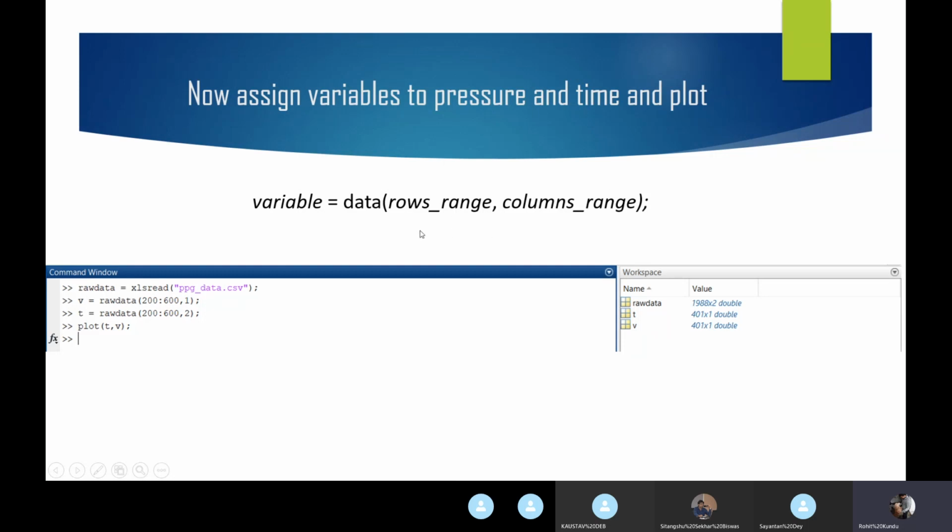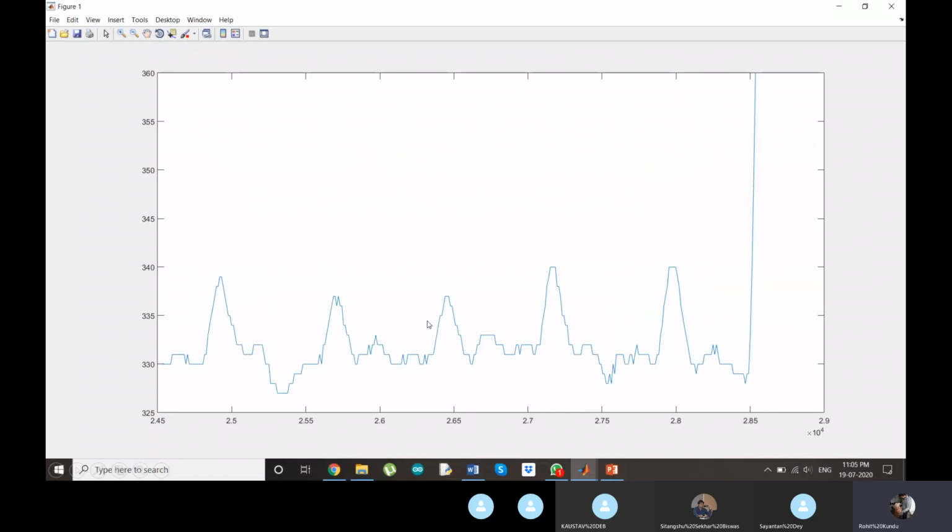So raw data, then rows range and column range. We just need to give the pressure values to V, so just one column. So column 1, and the timestamps are in column 2. So 200 to 602. This range is completely arbitrary. I've just taken it of my own wish. And then plot the graph.